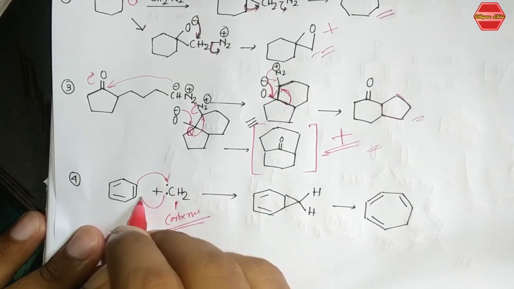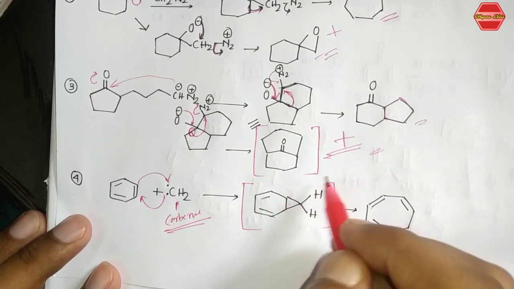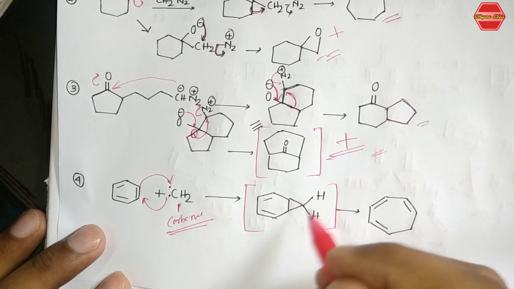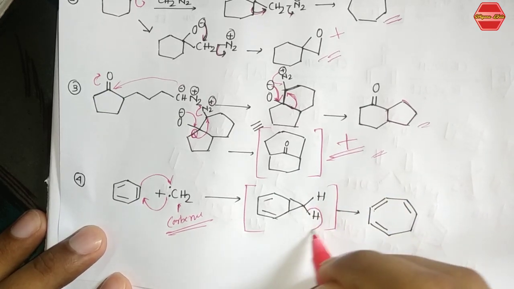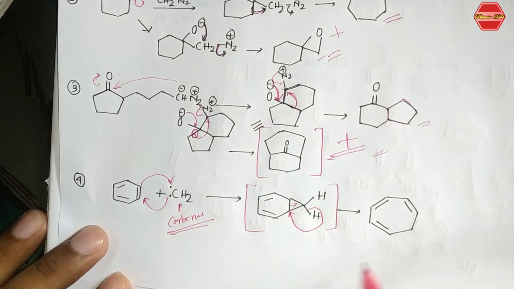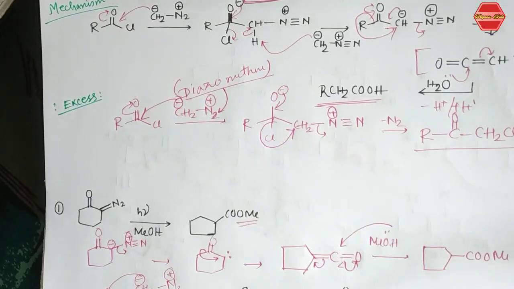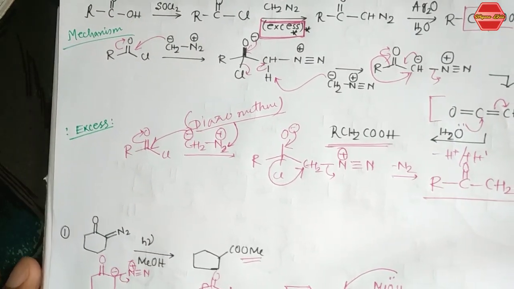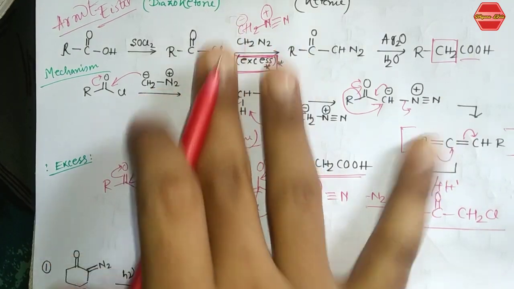So these bonds, it can attack like this, you are getting this intermediate. So this kind of intermediate is not stable, just because it loses its aromaticity over here, so it will always try to get its aromaticity back. So these bonds go here and it will go here, then you are getting this kind of intermediate, right? So that's it. This is the overall rearrangement, that is Wolff, Arndt-Eistert and this dienol-phenol rearrangement. I think I will cover all those topics related to this thing and also the previous year questions.